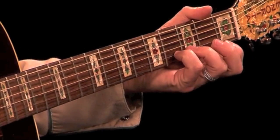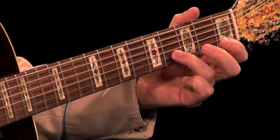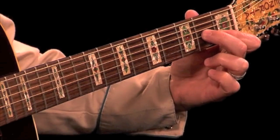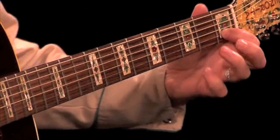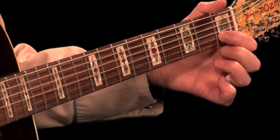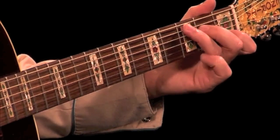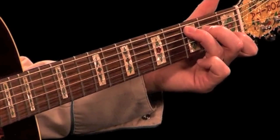So that's 2, 1, 2, and we're on the second string, 4th fret, so strings 2, 1, 2. Then we go strings 1, 2, 3, but we're going to be 1st fret, 2nd string, 2nd fret, 3rd string. So 1, 2, 3, 1, 2, 3, 4, and that's strings 1 and 2. 1, 2, 3, 4. On that 4th, it's strings 2 and 1 together. There's that 5, 6, 5, and if that weren't enough, he ends with this,